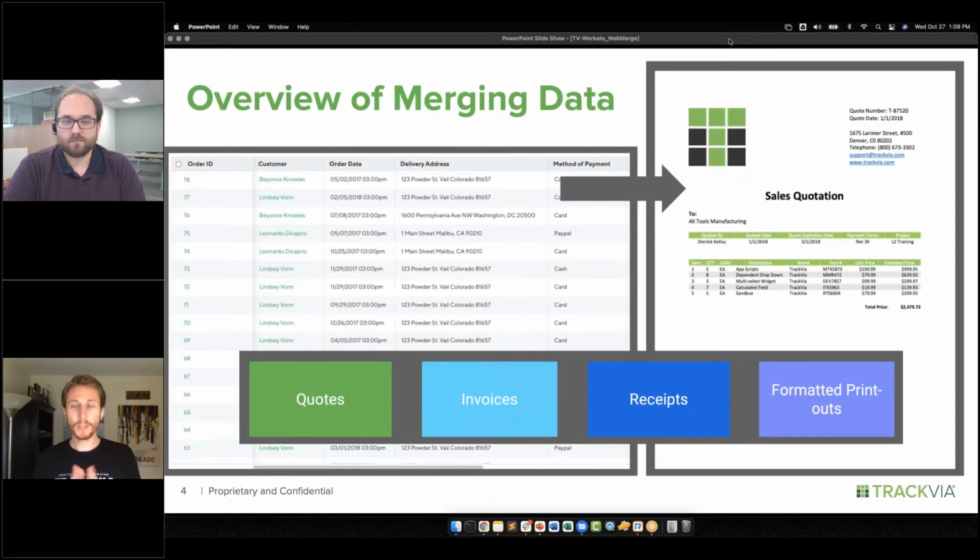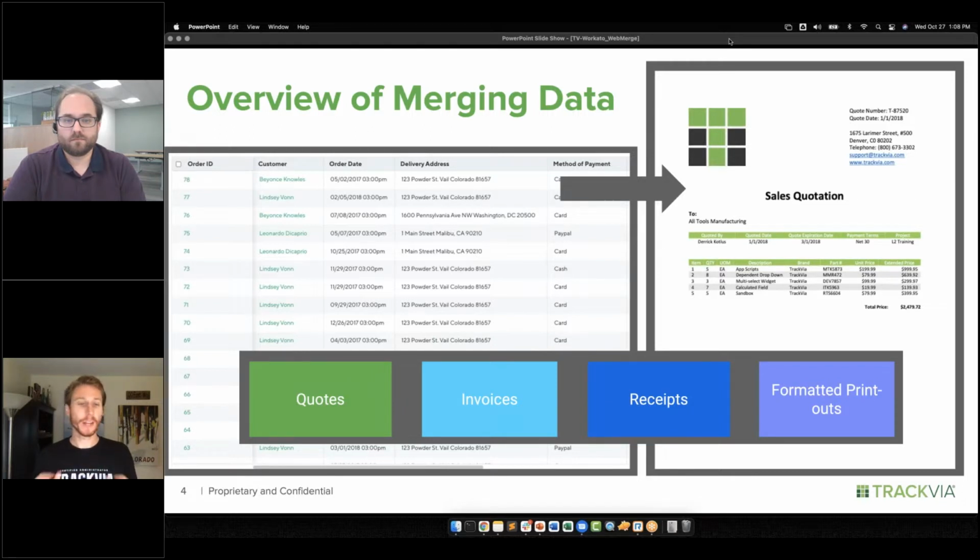Okay. So this is our first prompt for today. If you have ways that you do use merging of data into Word docs or PDFs, go ahead and chat those through. Okay, we would love to hear from everybody about what their use cases for this type of feature are, whether you do it now or whether you could see yourself doing something like this in the future.